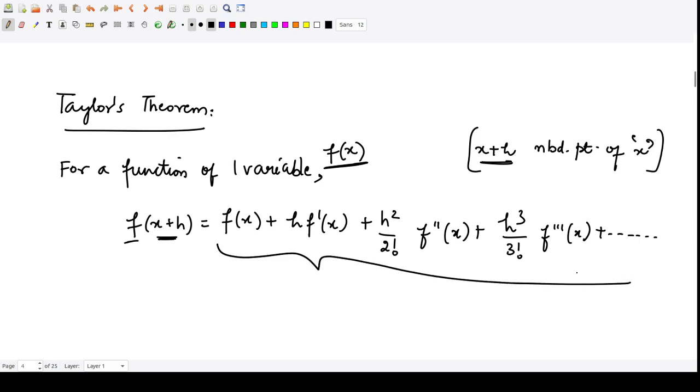So this is what the Taylor series says. It says that whatever the distance between these 2 points, suppose this is the point x and the next point would be somewhere here, x plus h. So the distance between these 2 points would be h. So they are saying if you know the value of the function at the point x, you can calculate the value at the neighboring point using the derivatives. Here, note that these derivatives are ordinary derivatives: f dash x, f double dash x, f triple dash x, because only one single variable is involved.